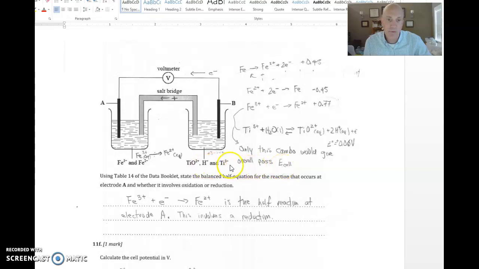All right, and the way that would work is if you had, at this electrode right here, your titanium 3+ getting oxidized, and in this half cell right here, you had your iron 3+ getting reduced. All right, and if that happens according to this equation right here, we would have this electromotive potential. This would be the potential of this over here, and if you add these together, that would give something like 0.83